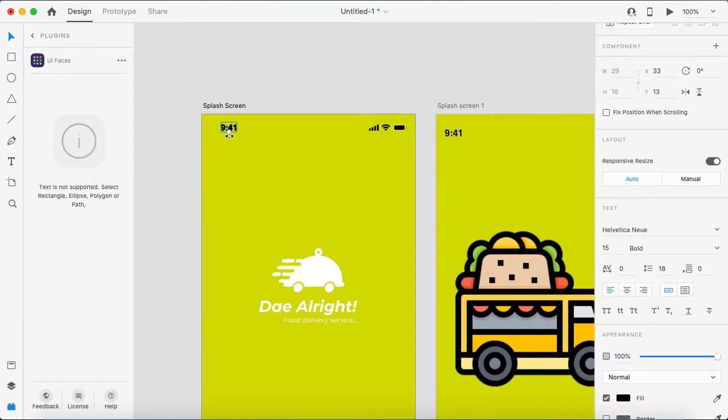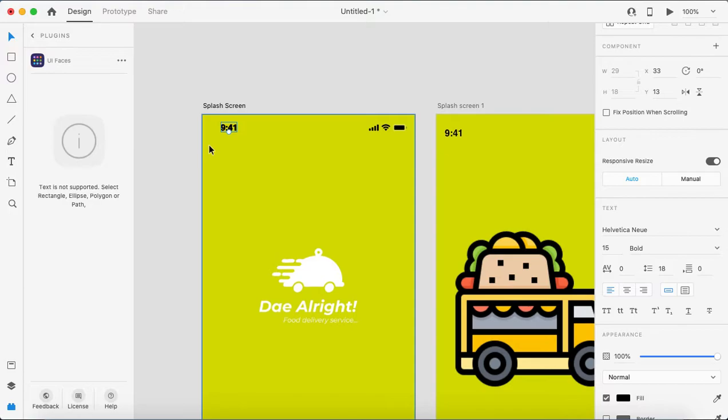So it just gives the designer a simple idea that these areas are occupied by the top bar. So don't place any element there. Whatever elements you want to place, place them after that particular area, so your element looks perfect inside the mobile screen.